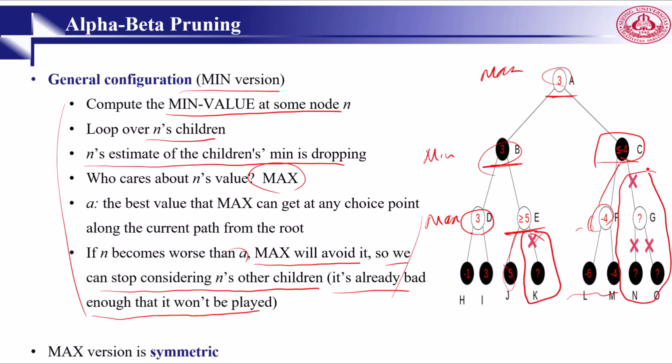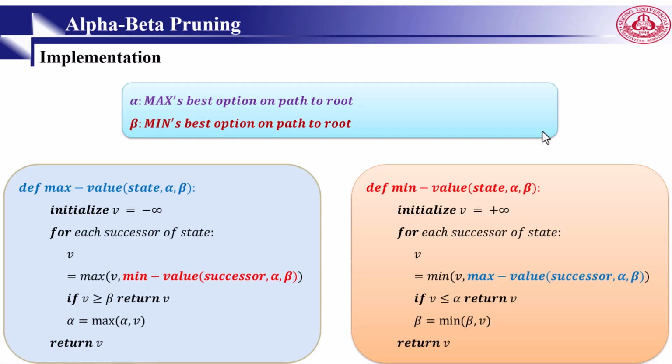So we did pruning. Here is the algorithm of alpha-beta pruning. This is an indirect recursion because one algorithm is going to call another one. We check the value of children for each node. For max, we get the max of children values. For min, we get the min value of children. Each node has alpha and beta values. We check whether to continue or not based on these values. Sometimes we don't need to continue and we get out of the loop. So here, we have alpha. Alpha is the max's best option on the path to the root, and beta is min's best option on the path to the